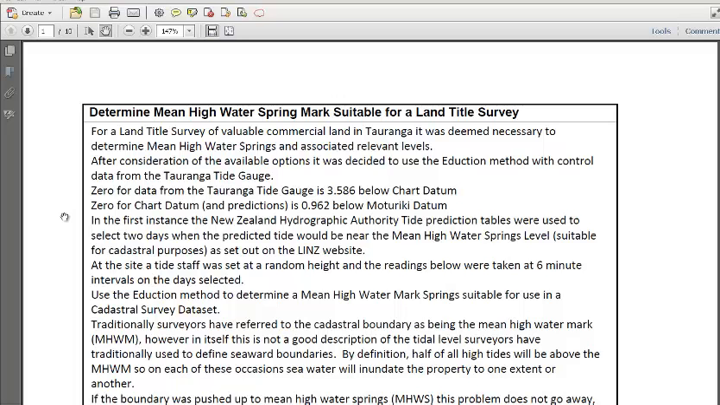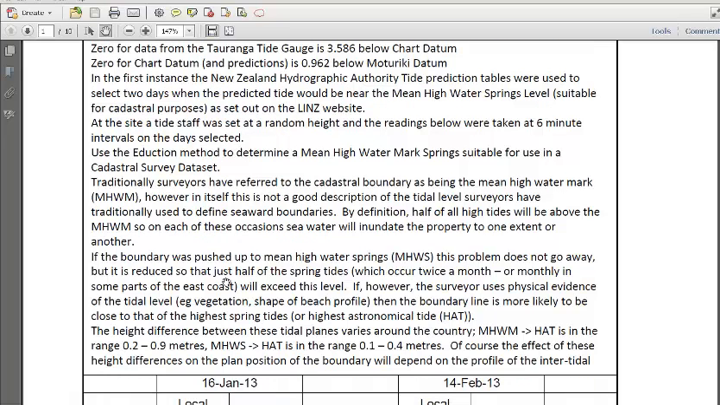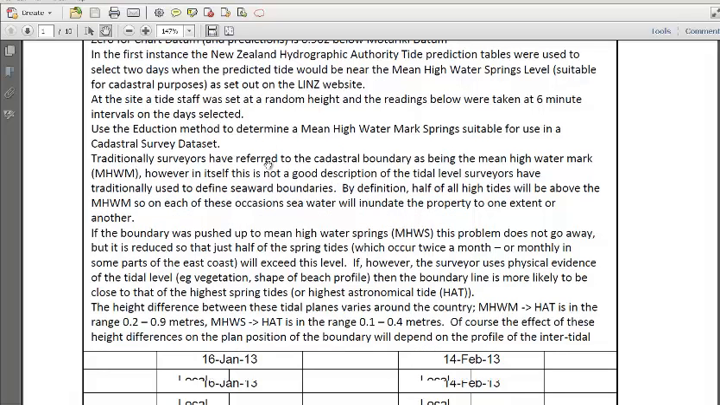0.962 below Motoriki datum. Now, in the first instance, as I said, we used the prediction tables, and then, in our simulation or virtual simulation, we went to the site that we had chosen and set a random height pole in place so that we could take readings every 6 minutes about the tides on the days that we selected. And we were to use the Adduction Method to determine a mean high water springs suitable for use cadastral data